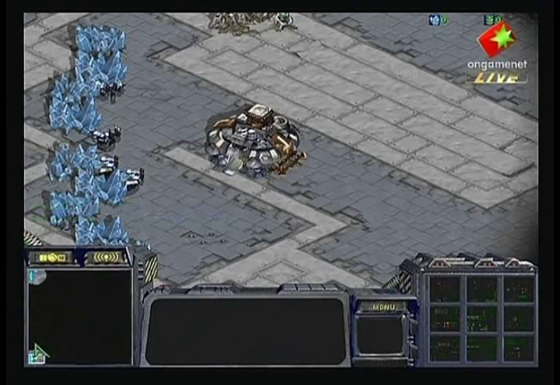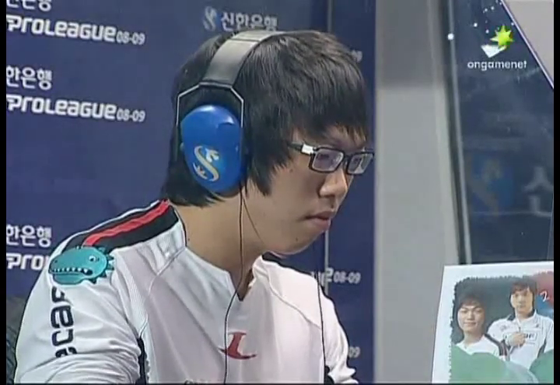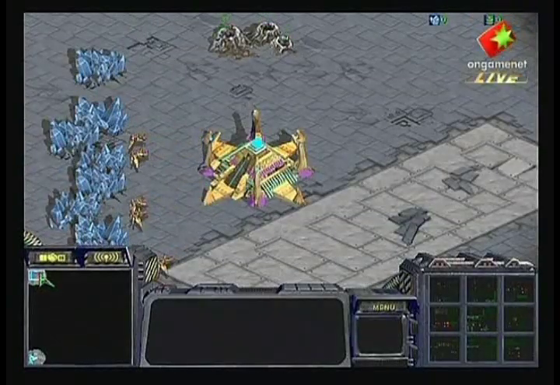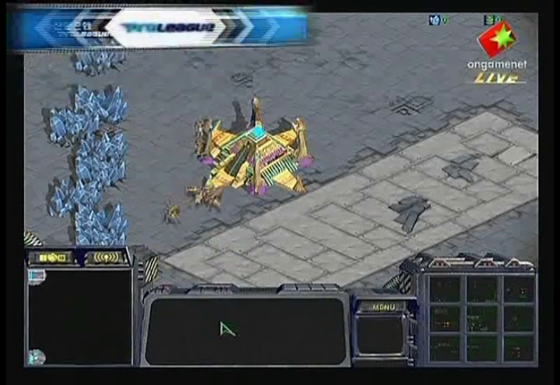This match is going to be on Andromeda. We're going to have HiyA as the Terran, as I already said, in white on the bottom left. And we're going to have BeSt as the Protoss in violet at the upper left. Andromeda, very, very interesting map. And this is going to be an interesting match on this map. The map is very good in that it allows...